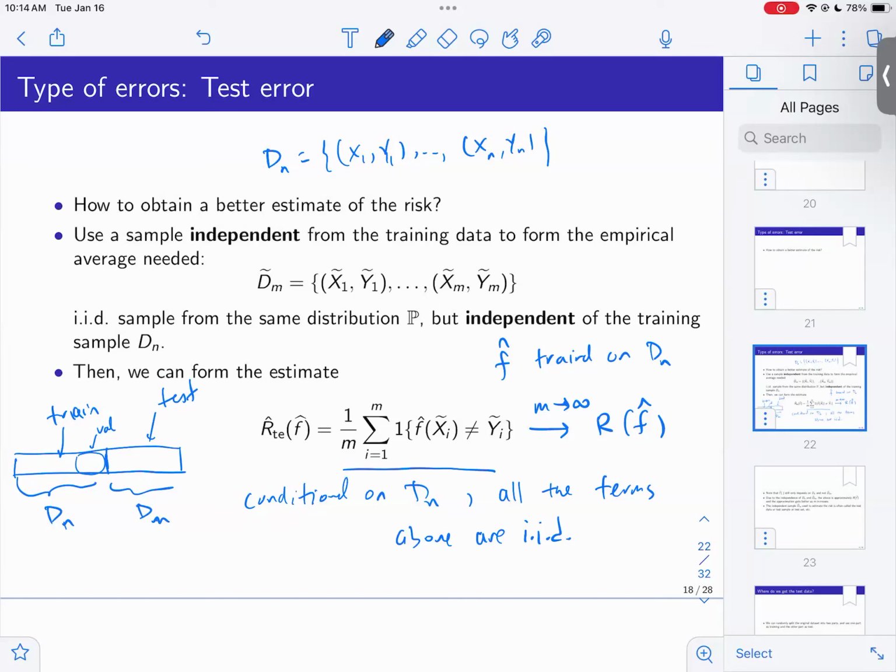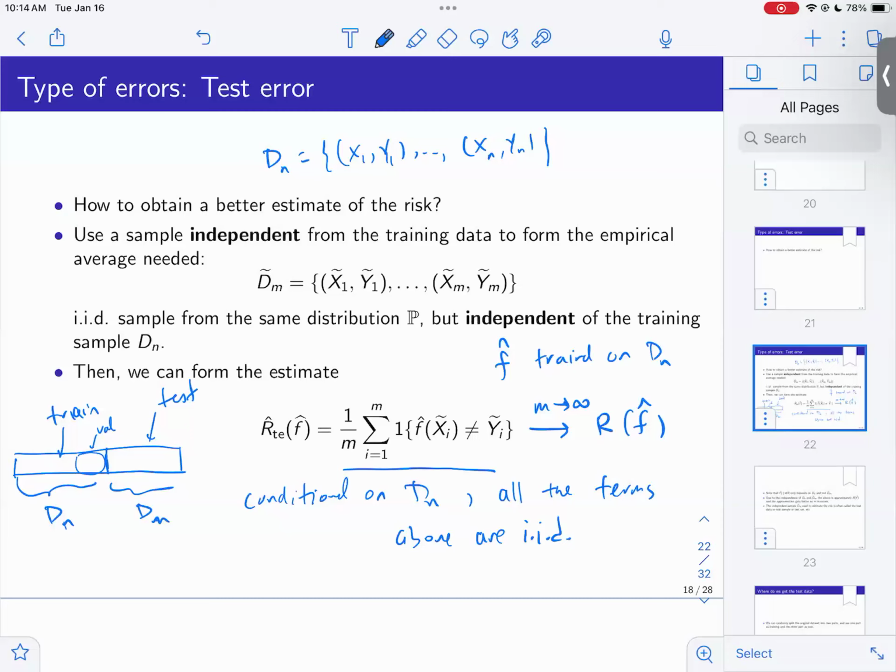If you do it sparingly, it might be fine. But if you really heavily test and then optimize again, this issue is going to happen, and you overfit to the test data as well. So it's best to have test data that you apply just once at the end, and never use it during your training. If you want to do it during training, you can use a validation set.